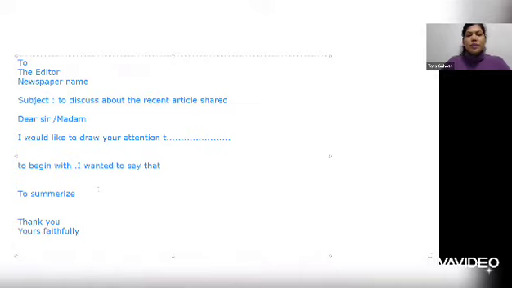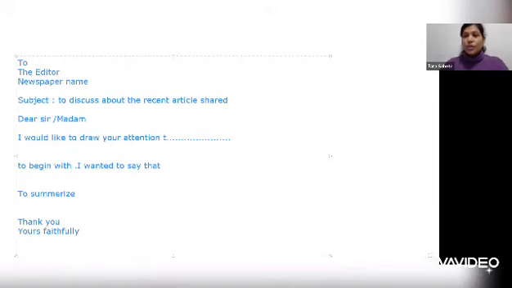So this pattern will remain the same for all your formal letters. So make sure that you're writing this correctly. Your subject is there and salutation is here. Then your first paragraph starts and then it finishes and you begin the second paragraph and then you're concluding it. So this is a kind of frame of a letter. If this is missing, you've already lost the game.